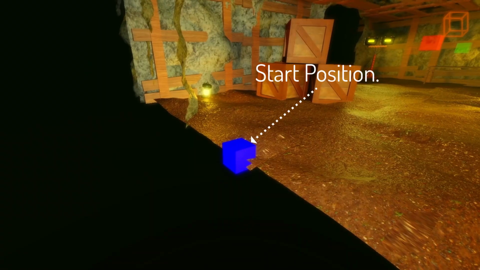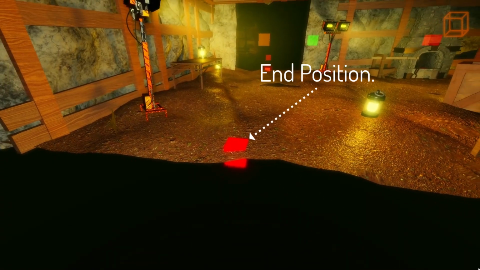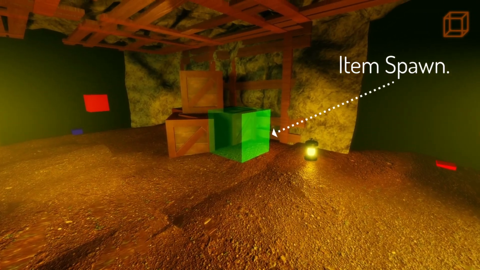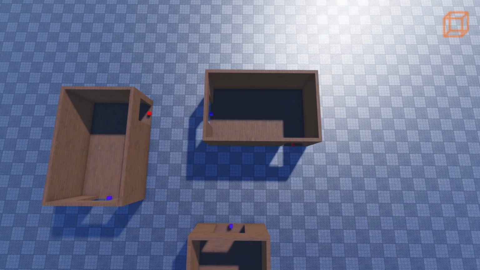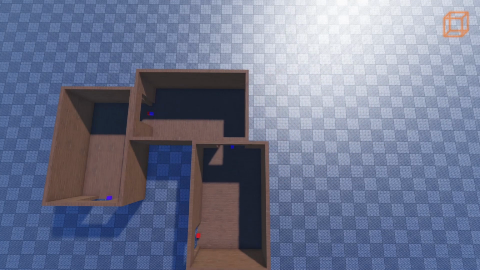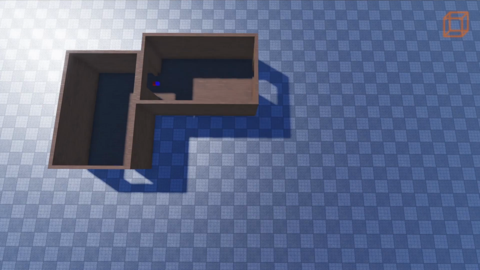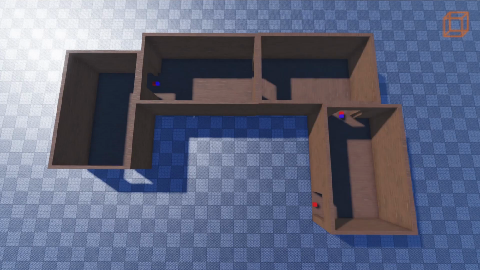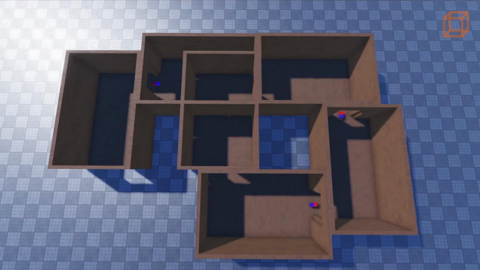And then I saved the position where the room starts, where the room ends, and also where items spawned. And with this data, I can make a script to move the new room start position to the old room's end position. But there's a problem. When it generates a turn a few times, it could generate into itself, what breaks the whole procedural generator.